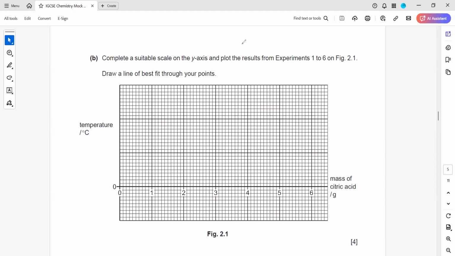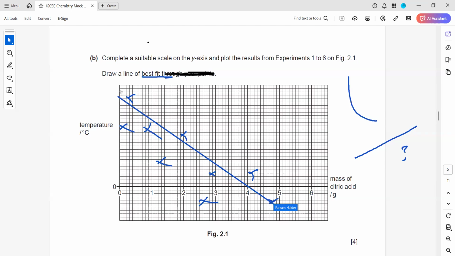Look, usually in physics, when they mention, let's say, draw a line of best fit, they don't mention anything else. In that case, usually how do you know whether it should be a curve? In physics, the quantities have a linear relation, so you draw a line of best fit, and the number of points above and below should cancel out each other. That's right. But in chemistry,